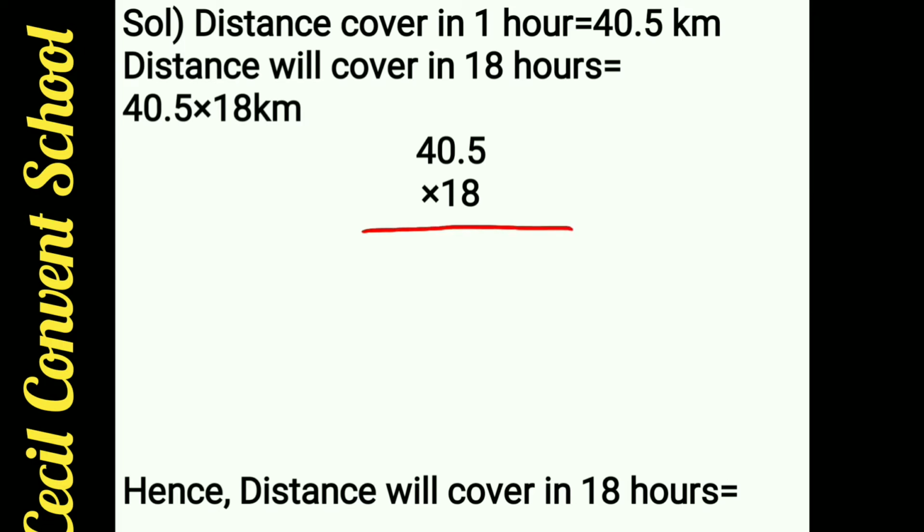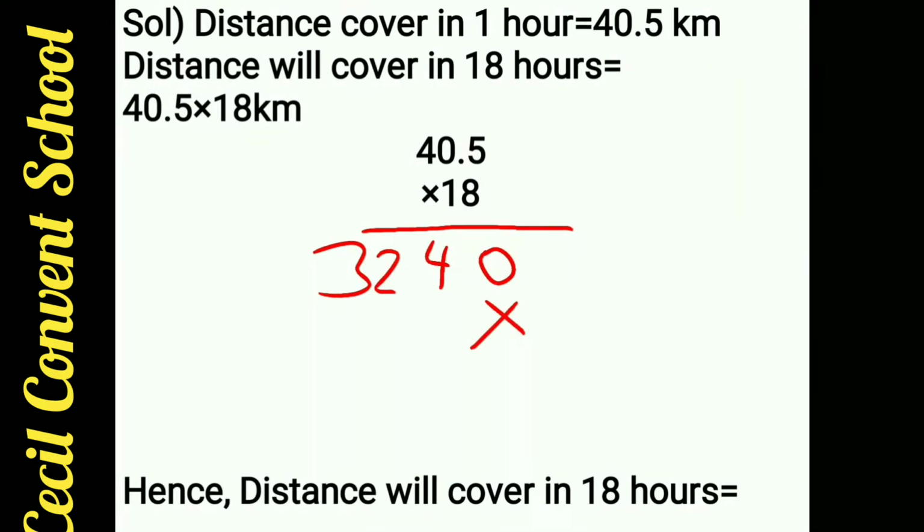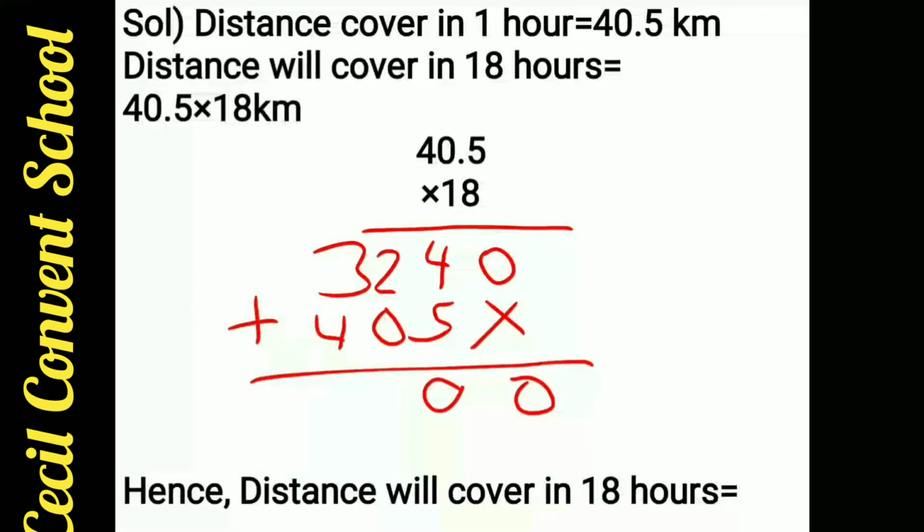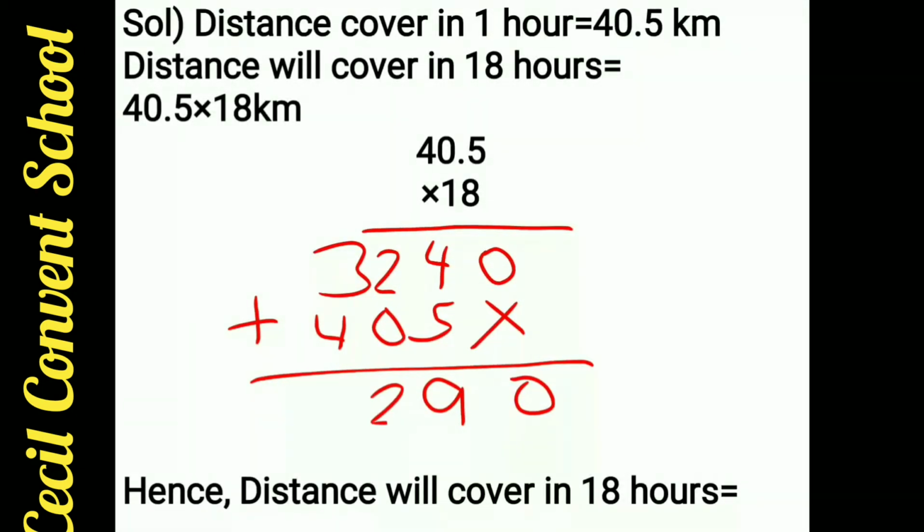Now see, firstly I multiply by 8. 8 5s are 40. Clear? So 40 will come as it is, because 8 zeros are 0. So 8 5s are 40 come. 8 4s are 32. So here come 32. Now we move to next number, that is 1. When we move to next number 1, answer come 5, 0, 4. Because when we multiply any number by 1, we get a same number. So there will come 9, 2, 7.